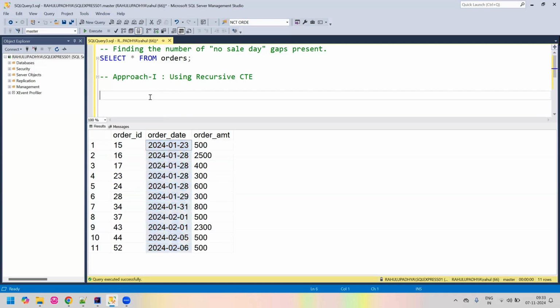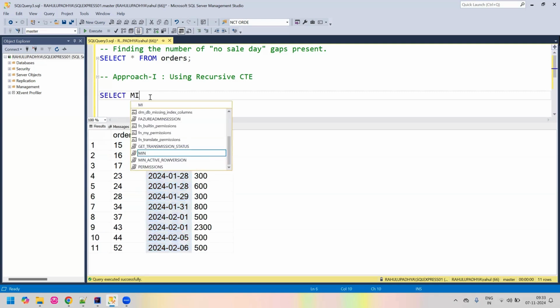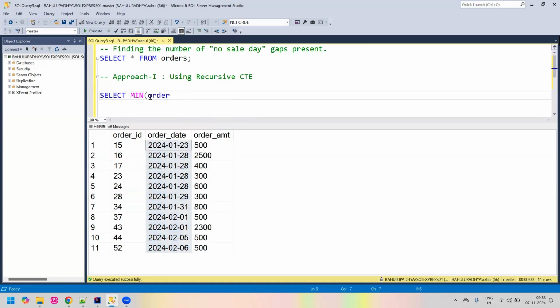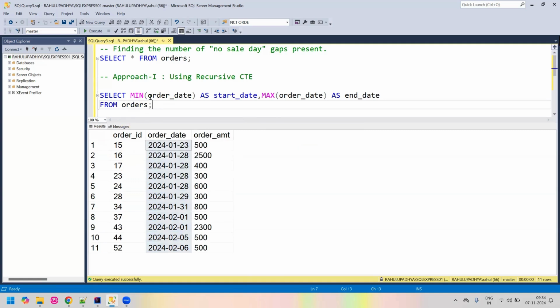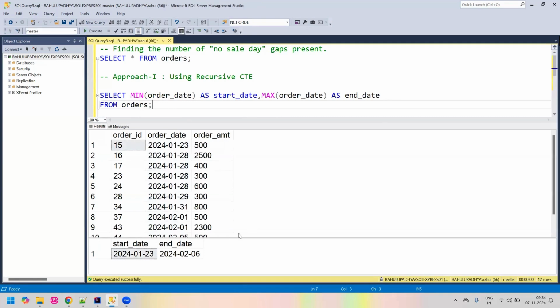So let's find the min of the order date. Let's call it start date. And similarly, let's find the max of the order date and let's call it end date. We are fetching the data from the orders table. So this way we will have the min and max value of the order date. So let's run and see the output. As we can see, we have obtained the first date, that is 23rd January, and the last date,